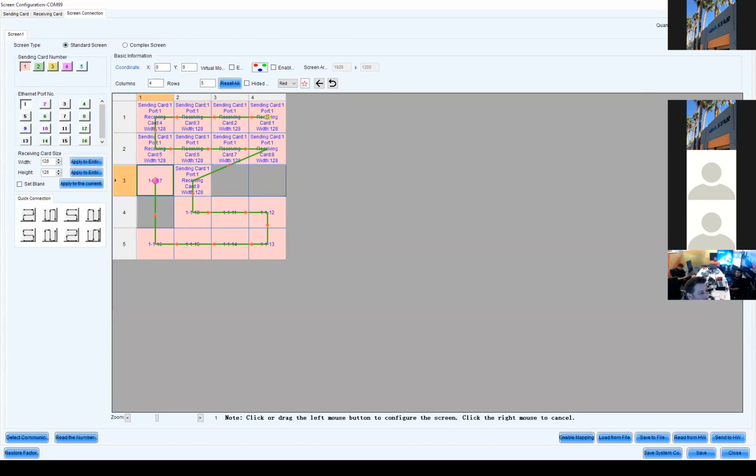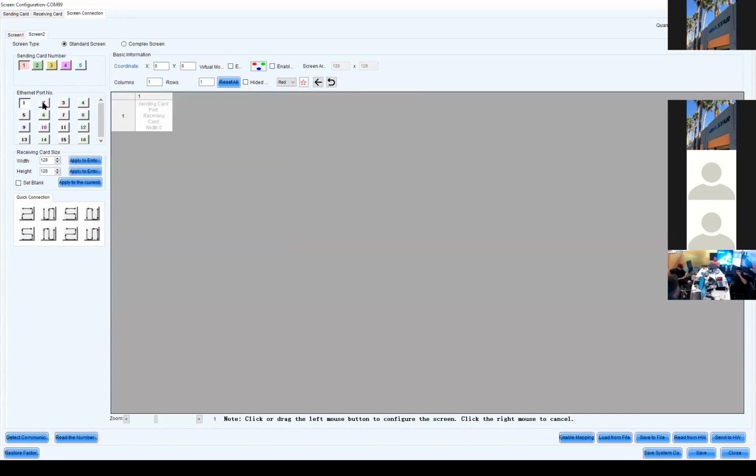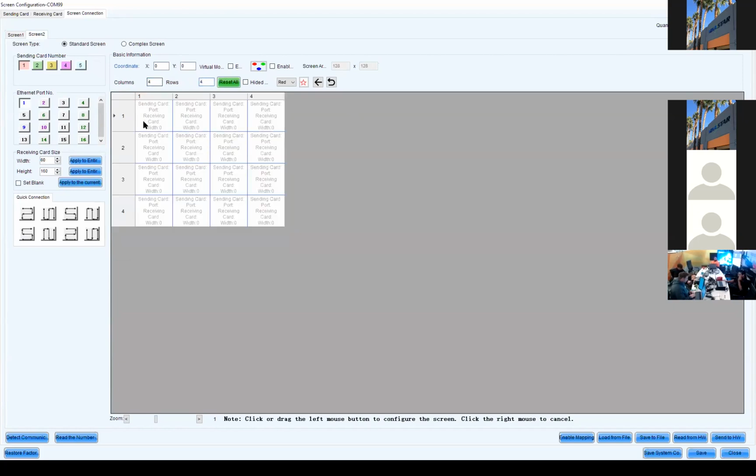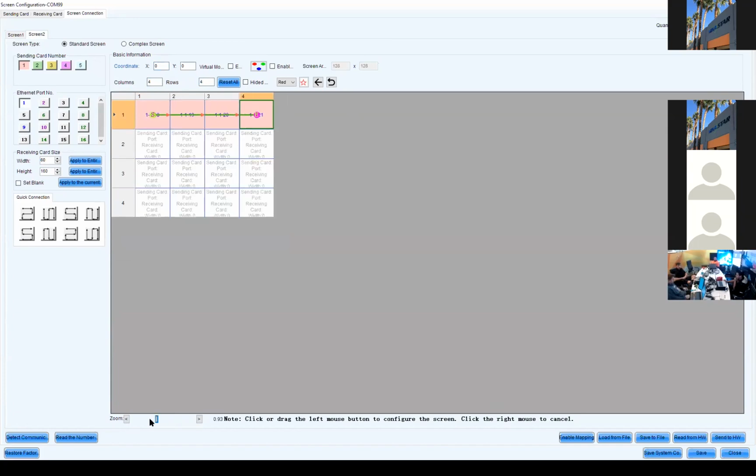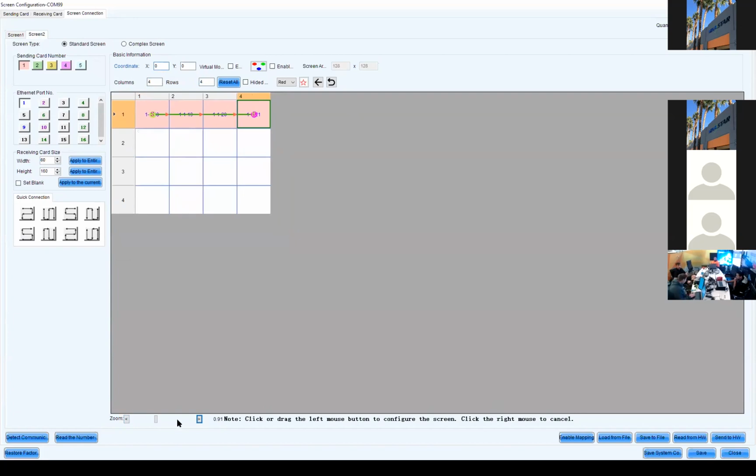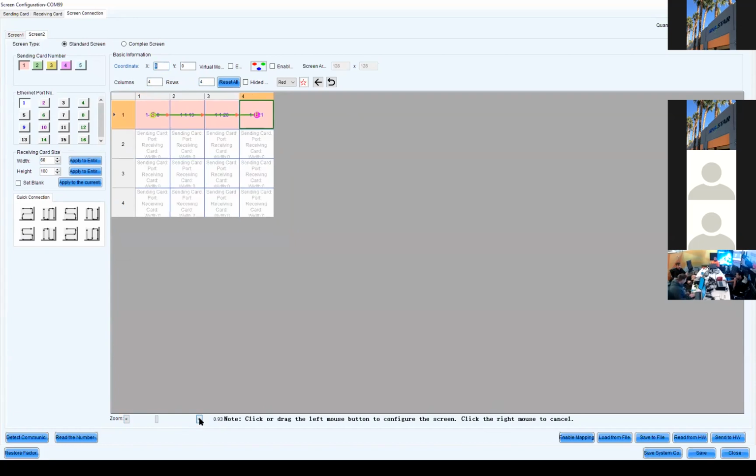In relation to running multiple screens, look, this is all 128 cabinets. I can just tell it I want to do a second screen. I want to keep it on the same sending card. You can even keep it on the same port. It'll automatically pick up the next port, and I can make that one 60 by 160, doesn't really matter, 4x4. I'll just zoom in on this.